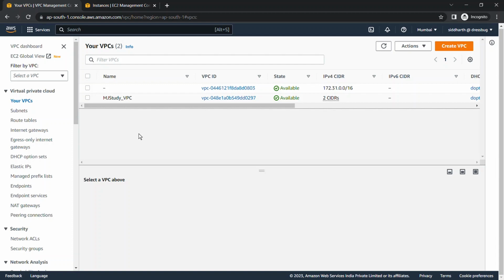private subnet. In the previous video we saw how we can permanently give an internet connection to our private subnet and convert the private subnet into a public subnet. But with a NAT Gateway, we give an internet connection to our private subnet for some time for